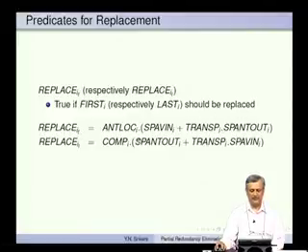So, replace IF is antloc I, plus pav in I plus trans p dot pav out I. So, let us see what this is. When do you replace the first computation? Locally computed, that is the first computation itself, that is obviously true. Then pav in I, so available from the top, that is why we want to replace it by x equal to h. Otherwise, it is useful later on, okay, and of course, not modified.